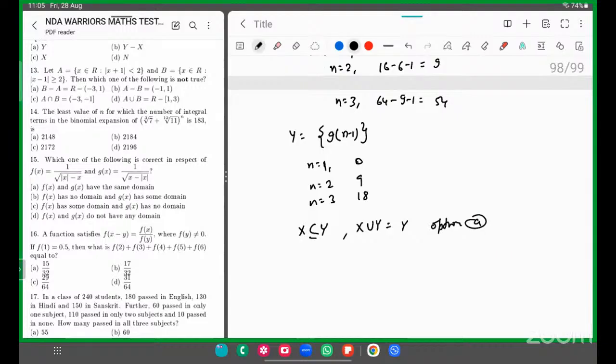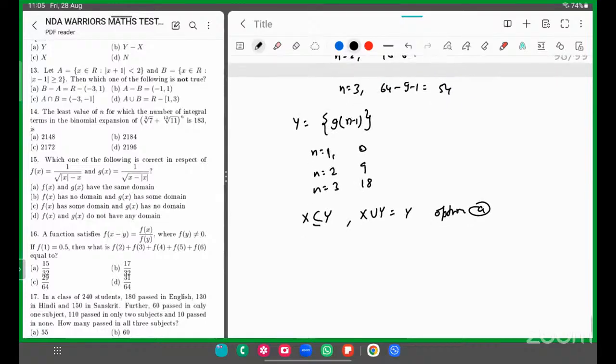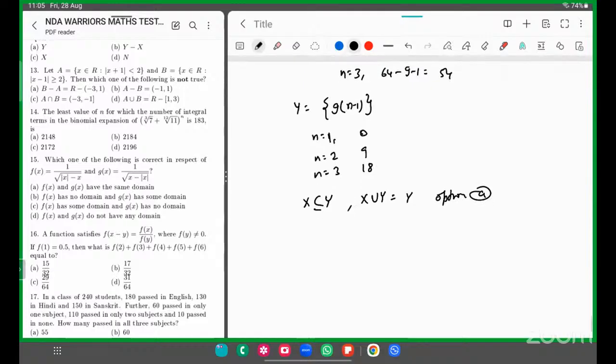क्या पूछा है, let A equal to x belongs to R such that mod of x plus 1 is less than 2, B is x belongs to R such that mod of x minus 1 is greater than or equal to 2, then which one of the following is not true? पहले वैल्यूज निकालो इसका, पहले वाले का। क्वेश्चन नंबर 13, ए इक्वल टू मॉड ऑफ x प्लस 1 इज लेस देन 2, इसका क्या मतलब हुआ,